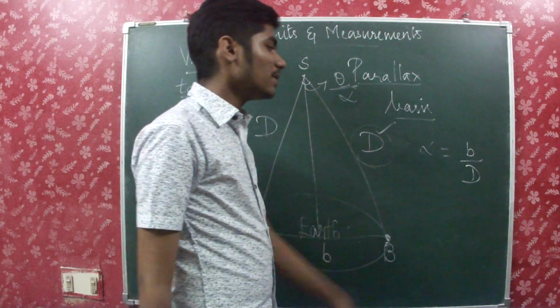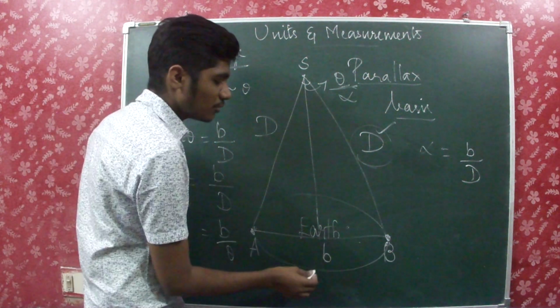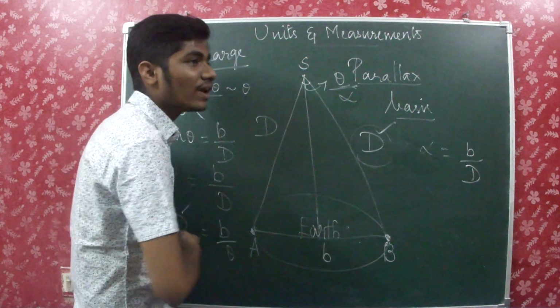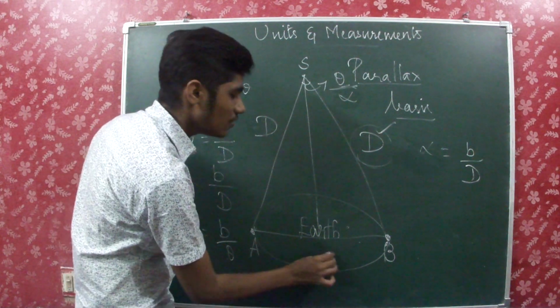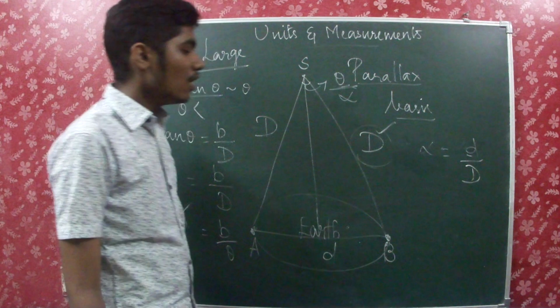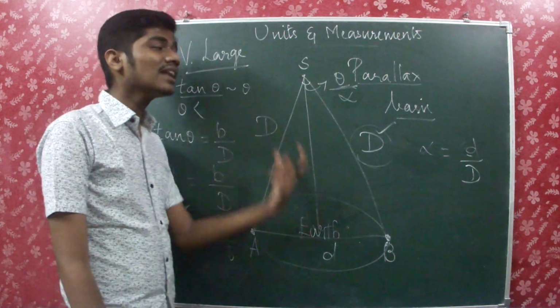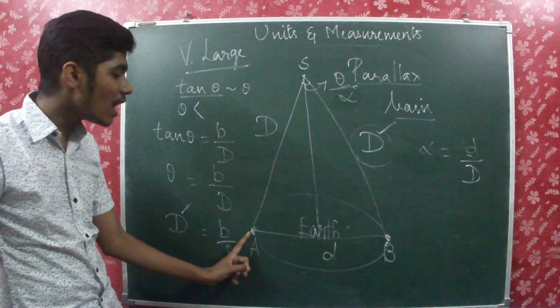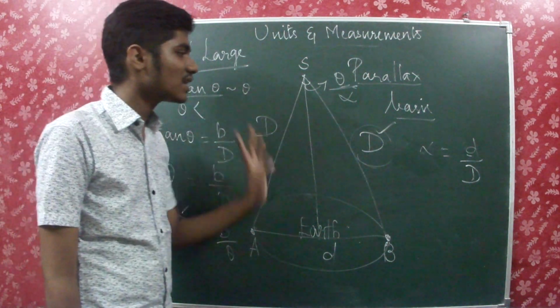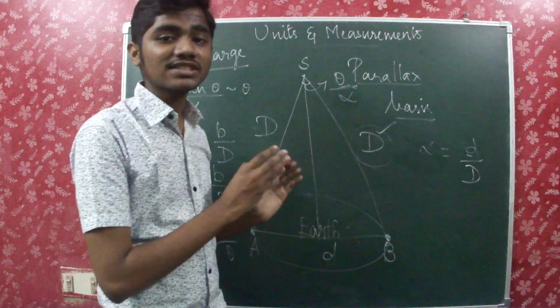So alpha is equal to b by d, and if you want to calculate, this is not going to be b. As this is Earth, I want to find its diameter. Then you can change it into d. Then this also gets changed as d. So this is how you find the diameter of planets. So the parallax method can be used to find the very large distance from the Earth to the star, and also the diameter of the planets. So this is what is the case with the parallax method.